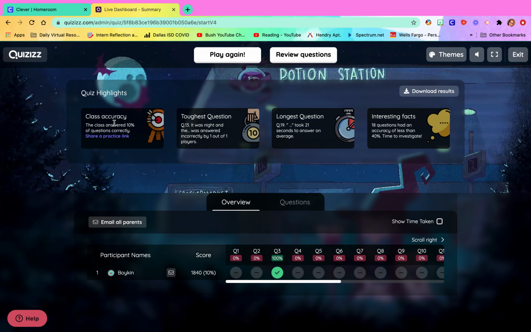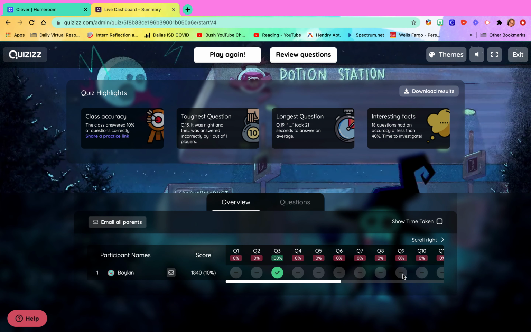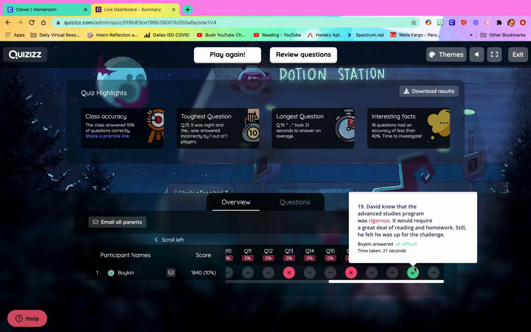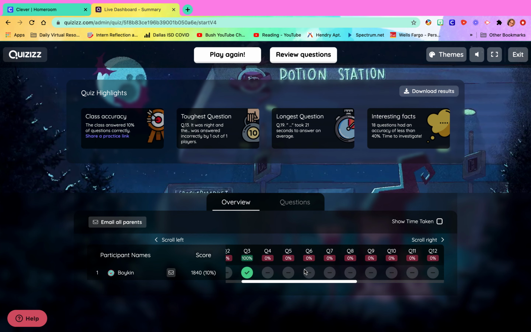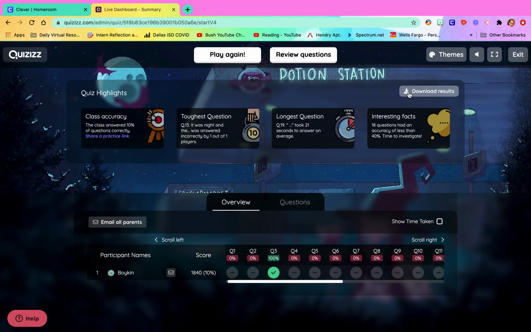And then you can actually see what the accuracy was. I like to look at the toughest question together just so we can look at it. And then you can see here which ones I got right and which ones I got wrong. If you want to, you can download the results. That's up to you. So I'm going to go ahead and exit